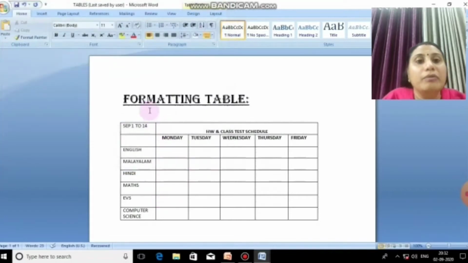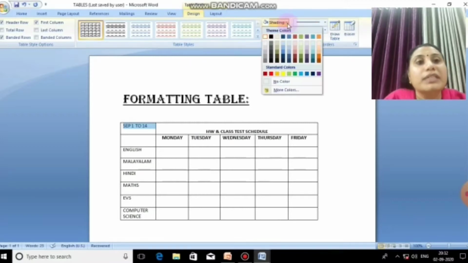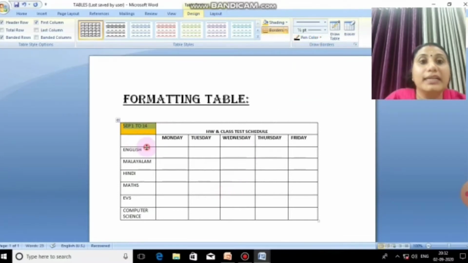Now I am going to select a cell first. One cell can also be shaded. So before giving shading to your table, select the cell first. Then go to the Design tab. In the Table Tools, there are two tabs. In that, choose the Design tab. In the Design tab, go to the Shading option, and in the drop down arrow you can select the colors. Now I selected orange color, so you can see one cell is shaded.